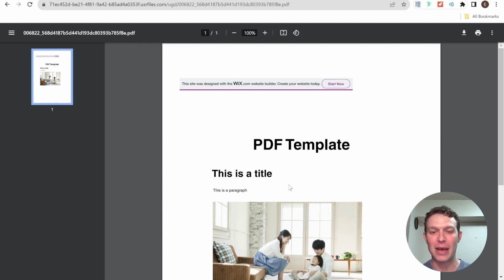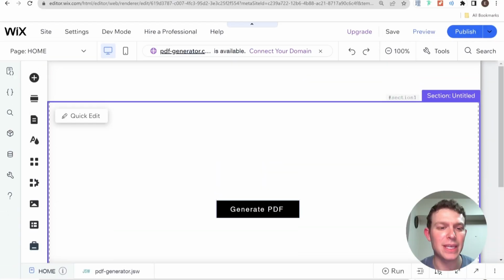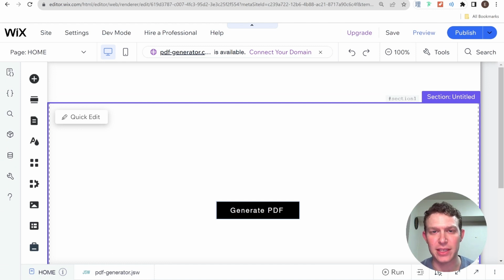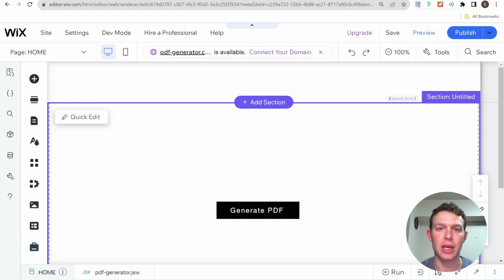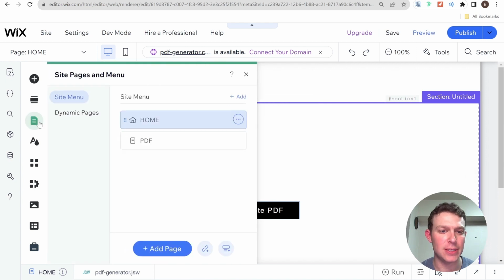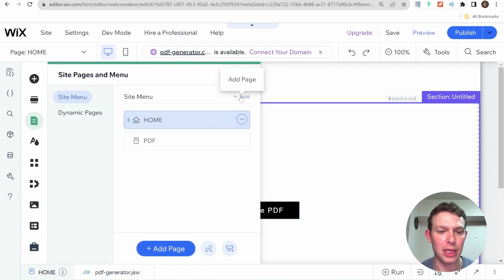And now I want to talk about how we can take this up a level and use this in more dynamic situations. To demonstrate a more advanced use case of this PDF generator, I'm going to create a custom form on another page of my site. When that form submits, we're going to generate the PDF based on the submission of that form. So let me go to my pages, and I'm going to add a new page,